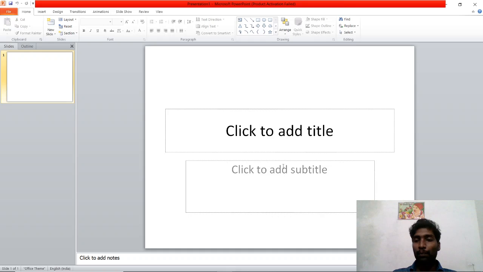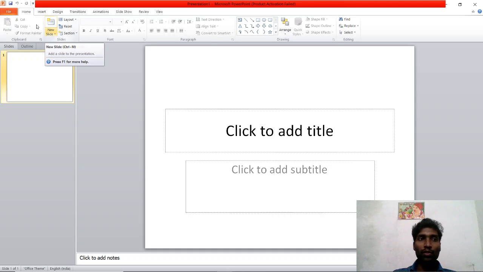Before that, this is a PowerPoint. MS PowerPoint. This is a component of the PowerPoint window. If anyone asks you to draw a component of the MS PowerPoint window, you should draw like this only. Title bar, menu bar, and this is a ribbon. The ribbon consists of several groups. These are the main things, and this is the bottom. In the bottom you can see zoom in or zoom out and the types of view. Now I am going to insert one new slide.